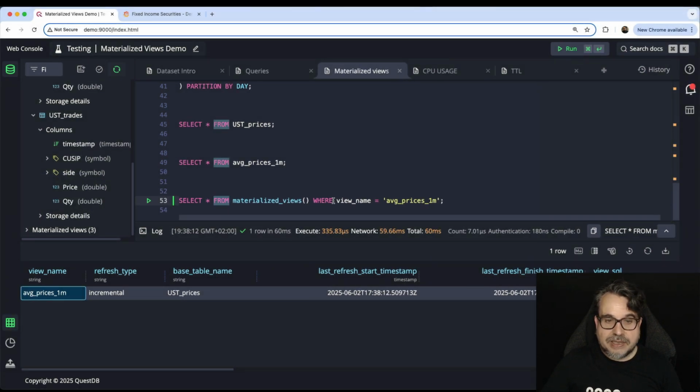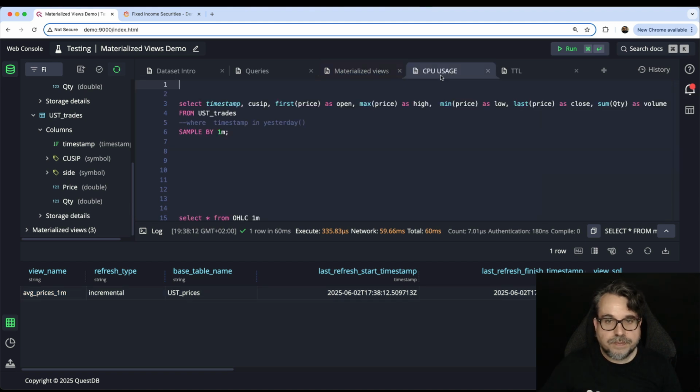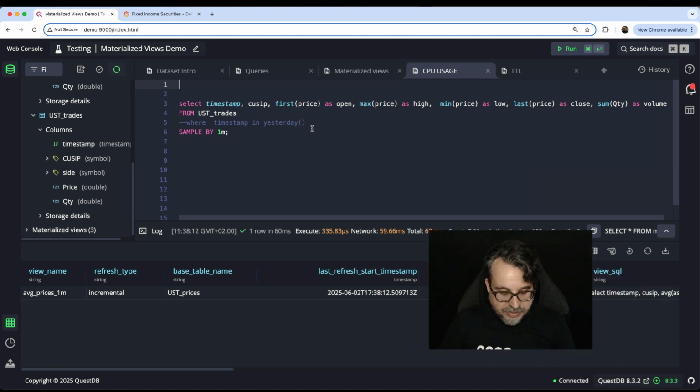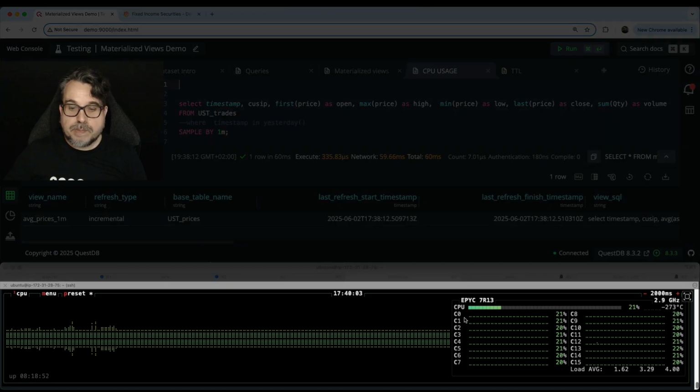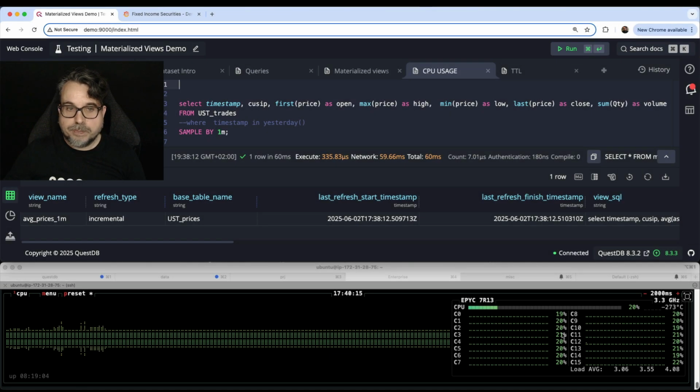Something I want to show you now is not only how fast the queries are executing, because right now I'm just executing these queries on my demo server, so you know they are going to be pretty fast, but I want to show you the CPU they are using. So let me just show you for a second. This is the CPU of my machine here. I have 16 CPUs, and right now they are not doing much. I mean, I have just the dashboard, so they are just continuously using some power.